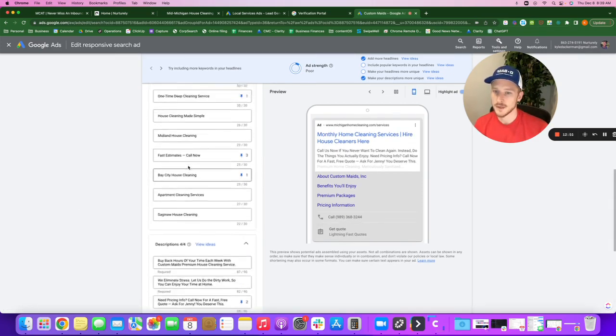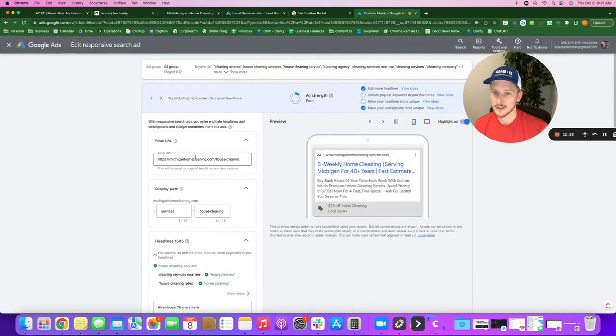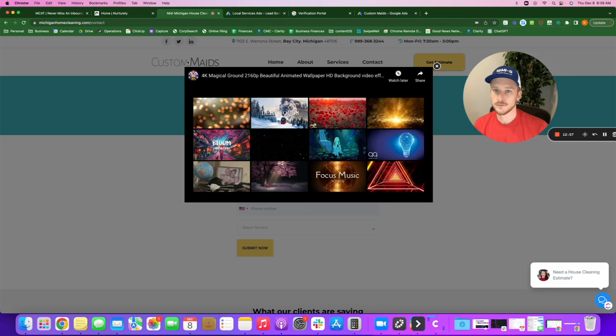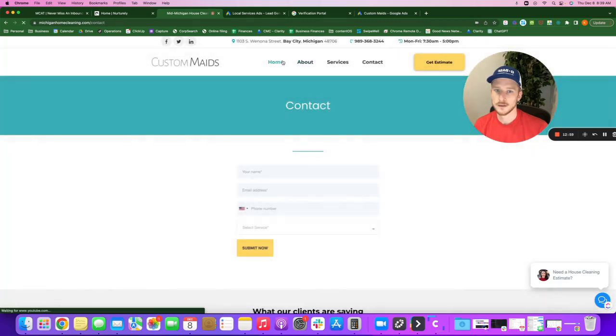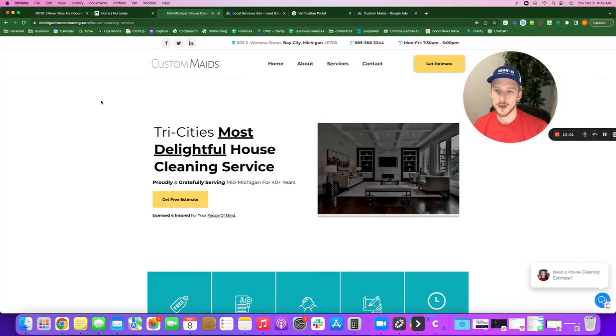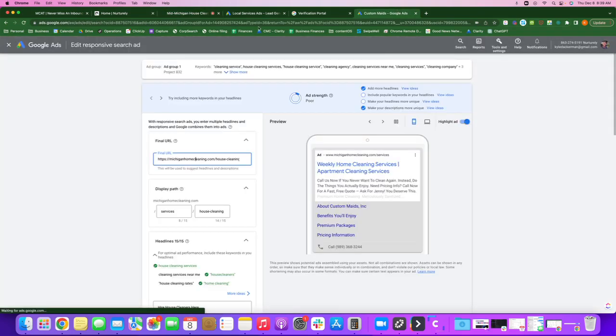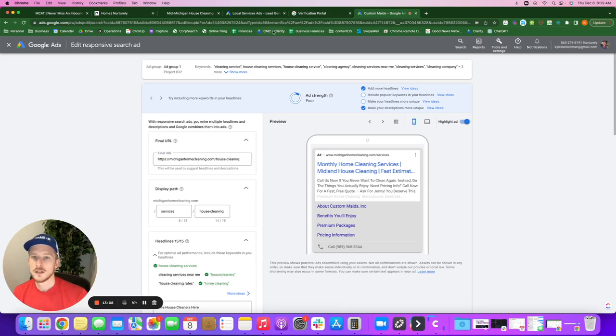I just have a few simple images up here, and then we link back to the website. So Google local service ads and Google search ads